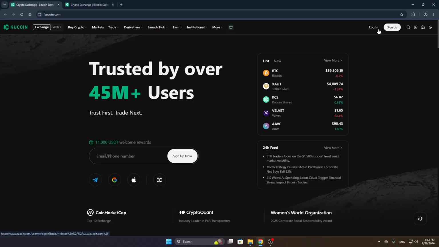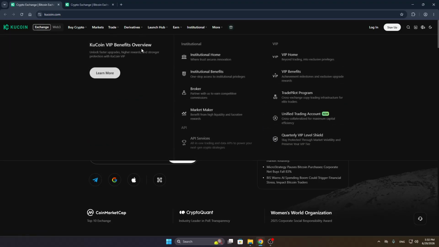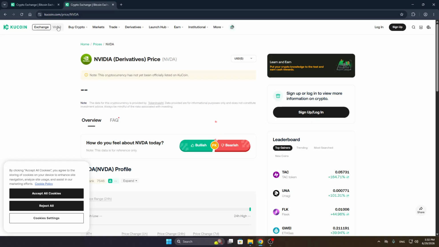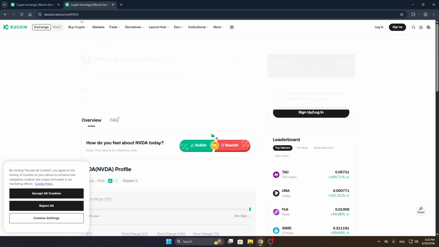So if you do not already have an account, you can just create one. If you have one, you can log in normally. So after logging in, this is going to be the home page from where we can get started. And now we can take a look at the KuCoin crypto exchange right here, from where we can access the prices at